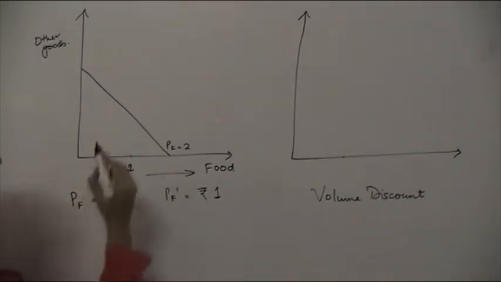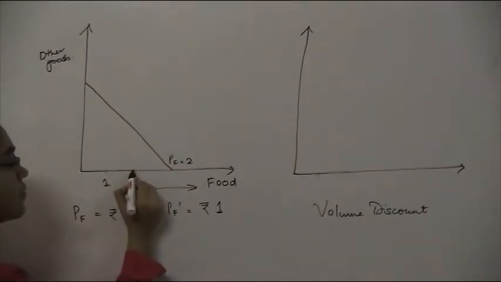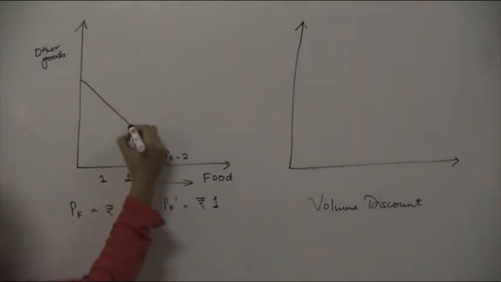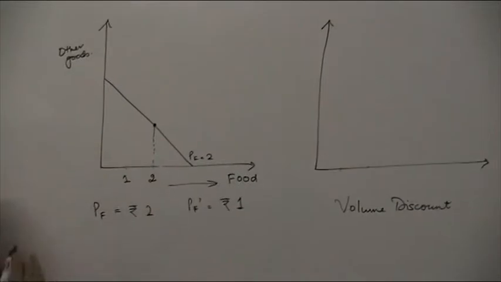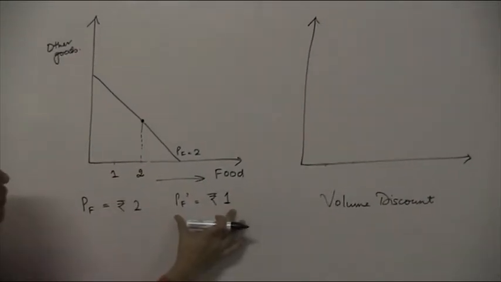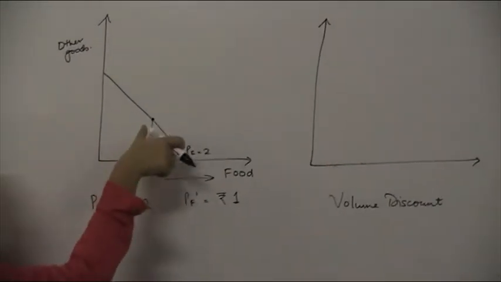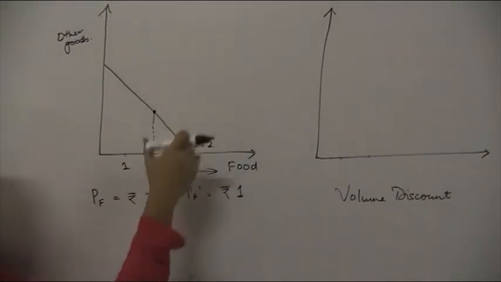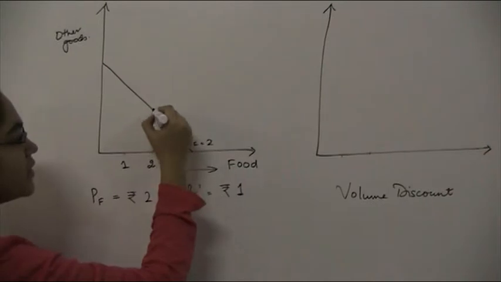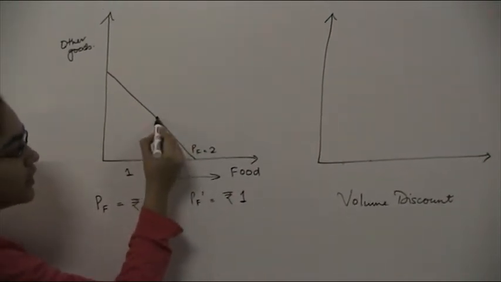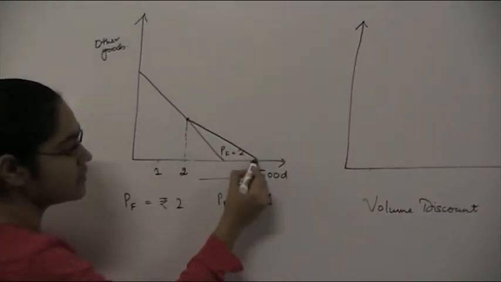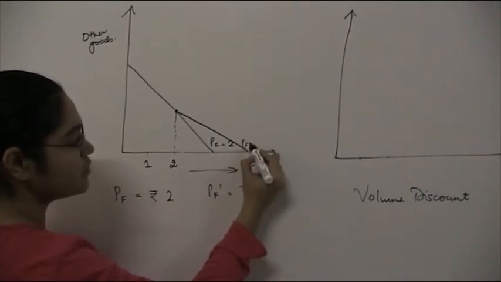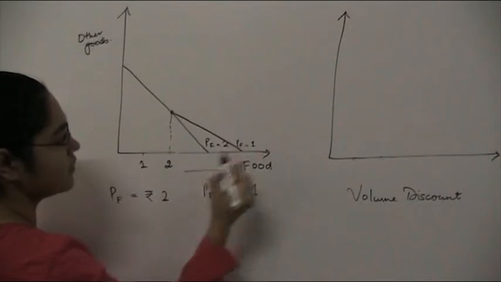Then what happens to the budget constraint is that from this point, the threshold point from where the difference occurs, notice how food is becoming cheaper. Because food is cheaper from this point onwards, the budget line pivots outwards, so that you can have more of food after this point. So it becomes something like this. You can of course work out the slope such that the price of food here is rupees 1.